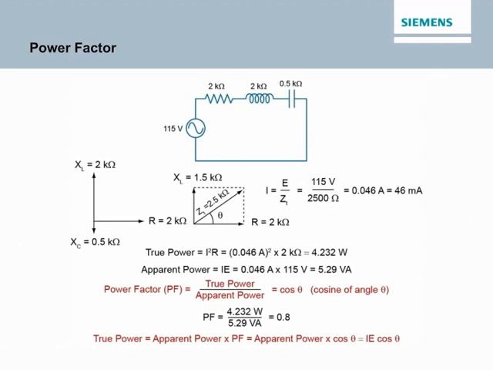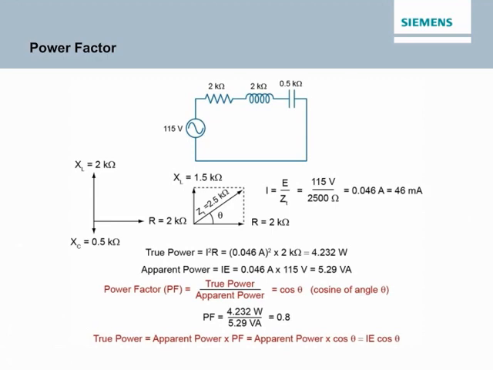Power factor is the ratio of true power to apparent power in an AC circuit. This ratio is also the cosine of the phase angle. In a purely resistive circuit, current and voltage are in phase. This means that there is no angle of displacement between current and voltage. The cosine of a 0-degree angle is 1. Therefore, the power factor is 1. This means that all energy delivered by the source is consumed by the circuit and dissipated in the form of